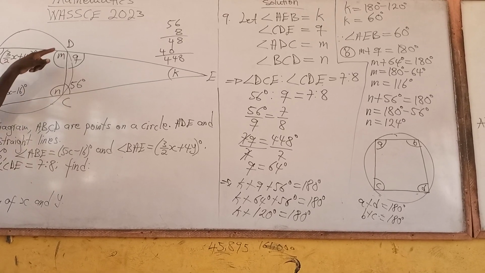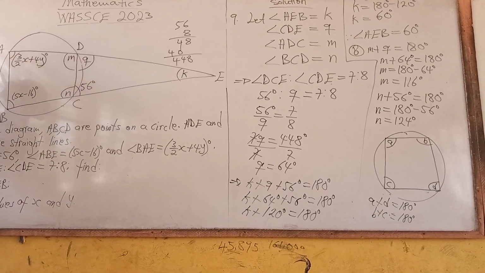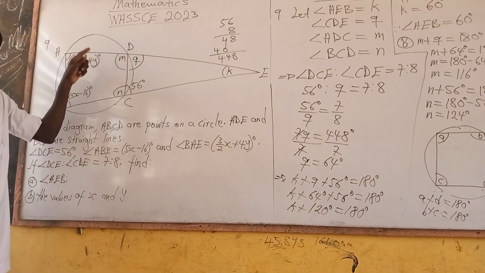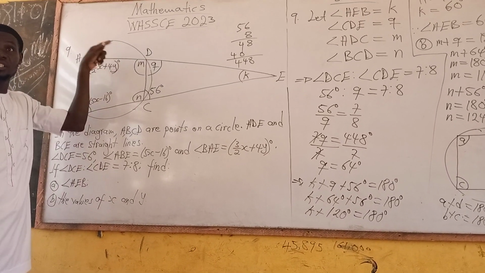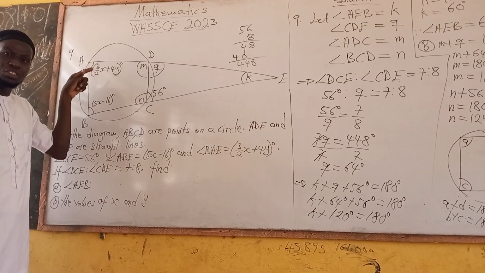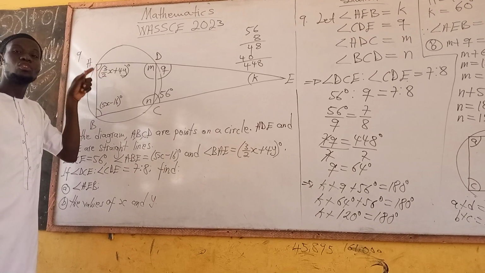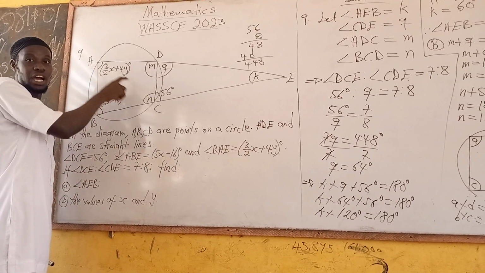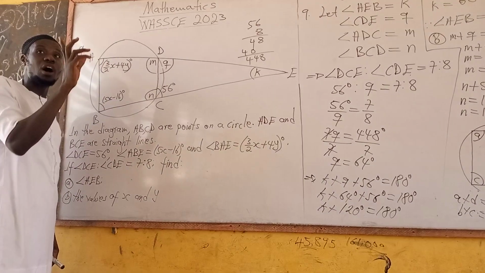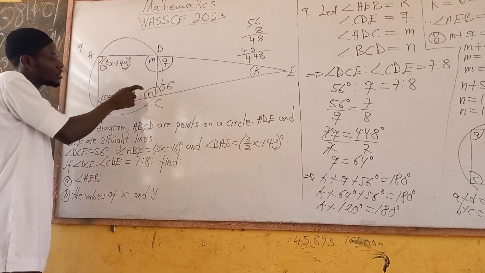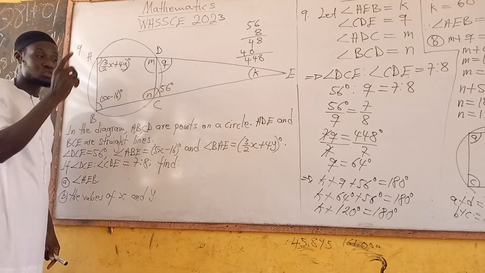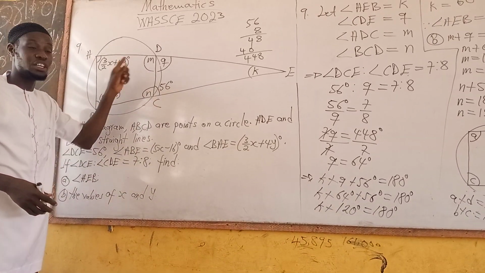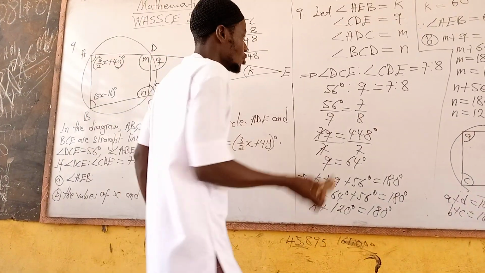Because this figure is bounded by 4 sides, and the vertices of the quadrilateral are on the circumference of the circle, that makes it a cyclic quadrilateral. And for a cyclic quadrilateral, the sum of the opposite angles is 180 degrees. So if we add this to that, it will give us 180. The same applies to the other side. So doing that,